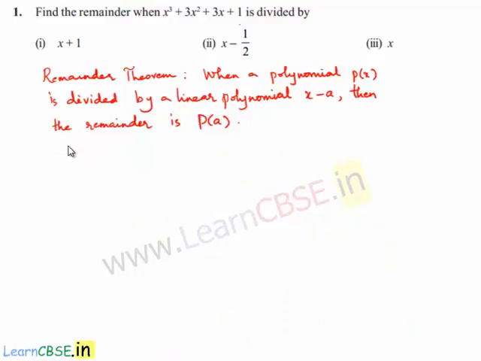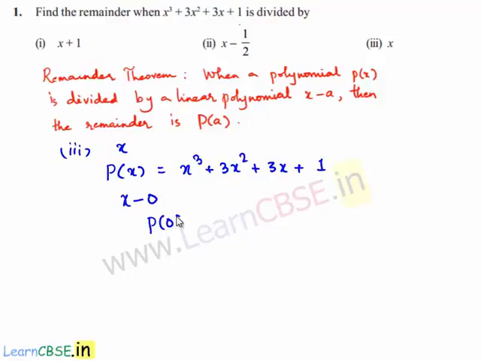Moving to the third bit, which is x. So the given polynomial p of x is equal to x cube plus 3x square plus 3x plus 1. So the given linear polynomial is x, nothing but we can write it as x minus 0. So by the remainder theorem, the remainder would become p of 0. In order to find p of 0, let us substitute x is equal to 0 in the given polynomial